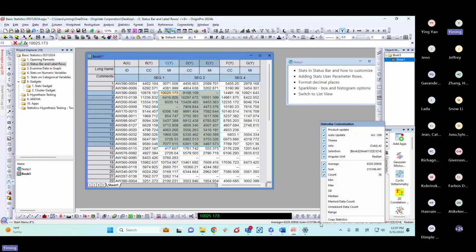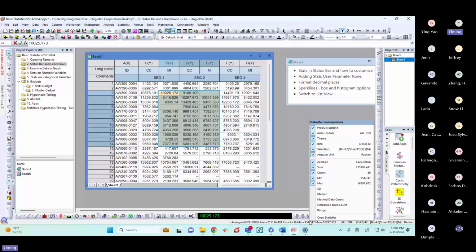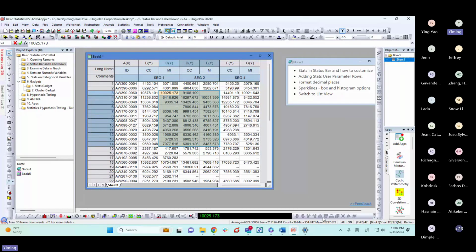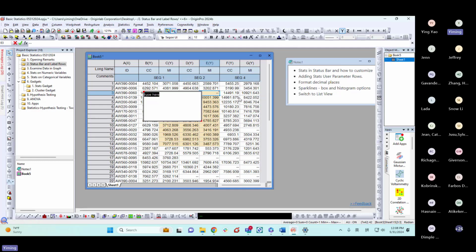I can right click to add other stats like the minimum and maximum value. Okay, and I can even right click and copy these values. If I want to make a note here, I can simply click this cell. You may already know that you can insert a note for a cell. Then I can just right click and paste the statistics. Next time you just hover your mouse over the cell and you'll see the information of this